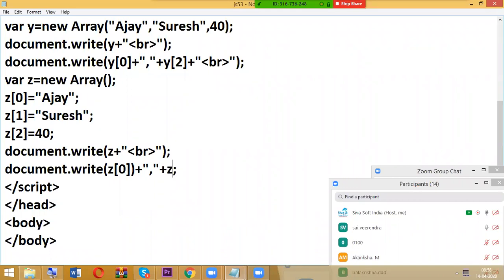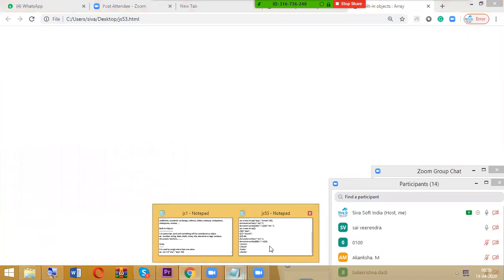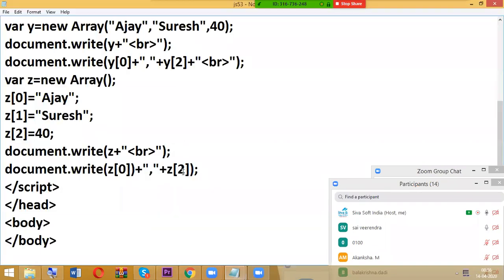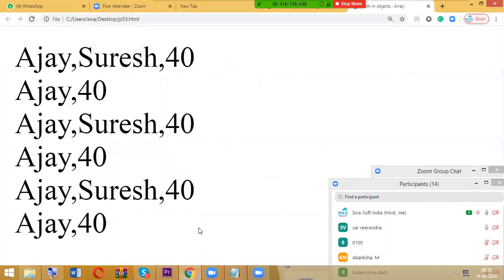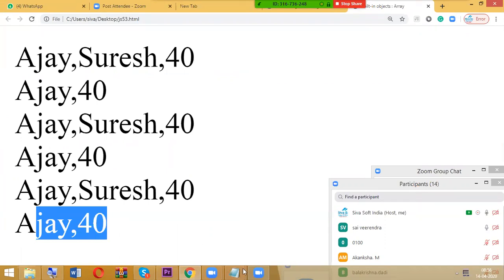Again, z of 2. Some problem maybe. What is that problem? Yeah, I closed it. So z of 0 is Ajay and 2 is what here? 40. So we have totally 3 ways.